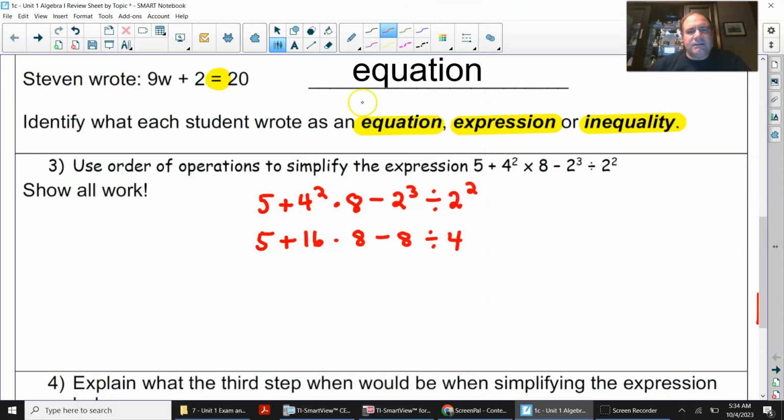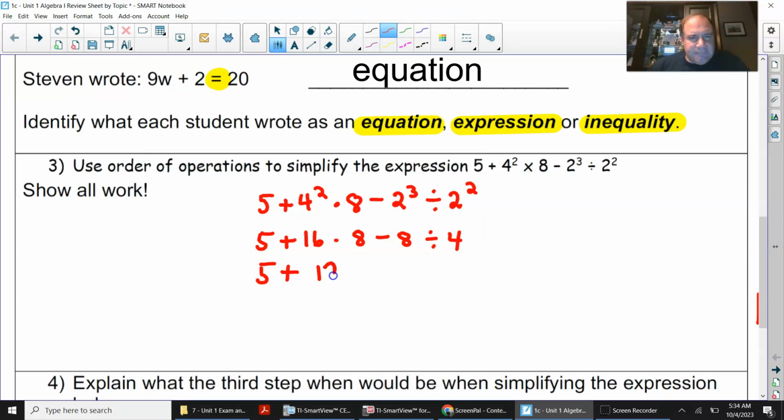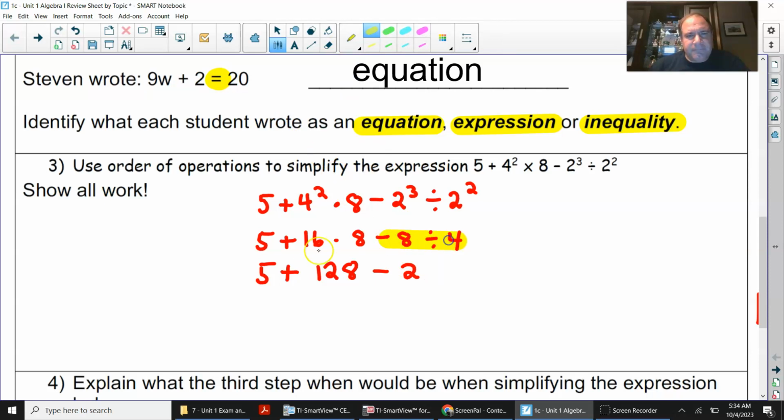As soon as I take that one step, that's positive times a positive. Just let me make sure 128 is what I got for that. Minus, you see this 8 divided by 4, that's 2. So I combined this and I did this. And now I just have from left to right 5 plus 128 minus 2, because I have addition and